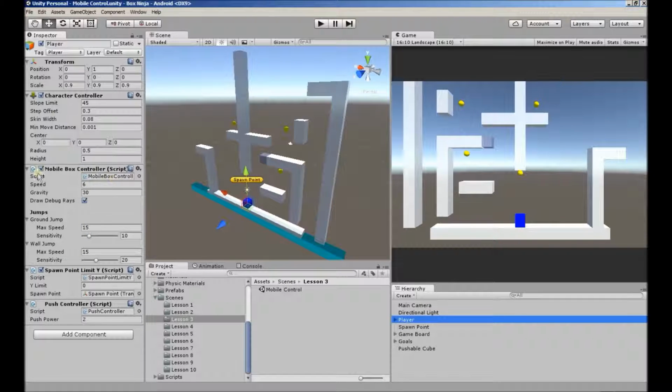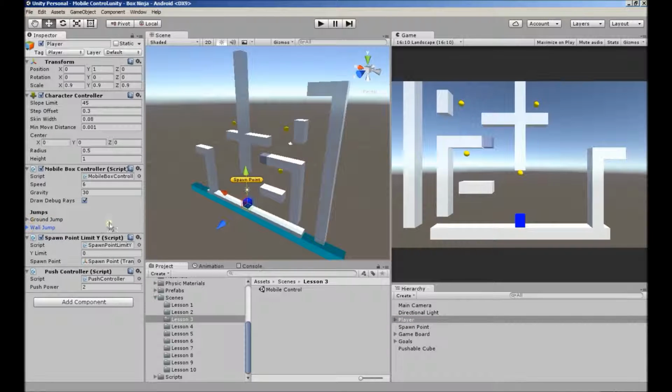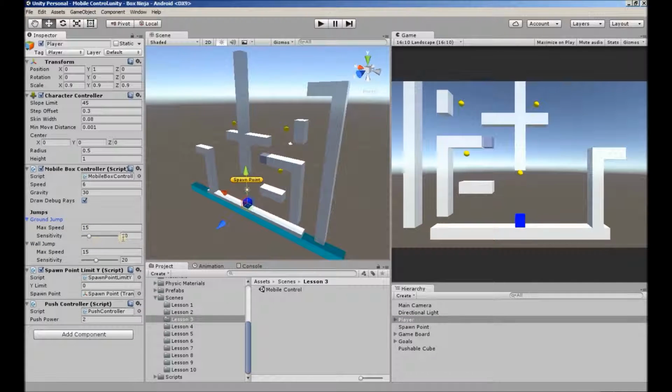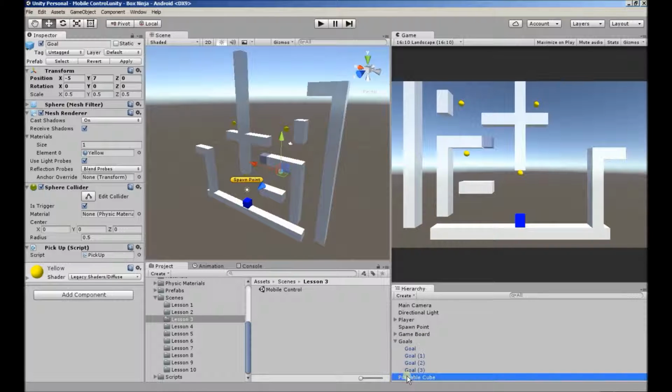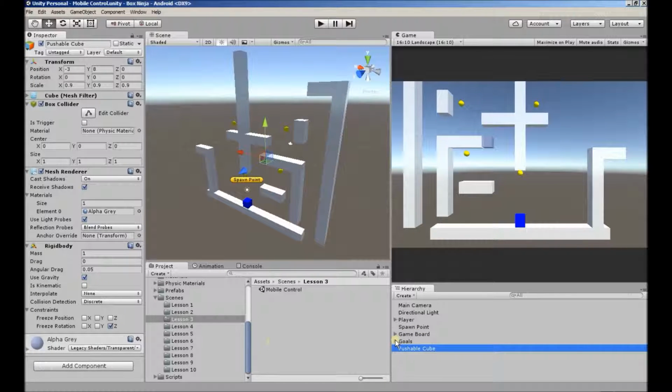So here for our mobile box controller, we've inherited from our previous box controller script. The ground and jumps have been abstracted away into a separate class that they can both use. Our spawn point limit Y is still the same. There's no changes there. Our push controller also remains the same. And we still have our pickup. Our pushable cube has not been changed